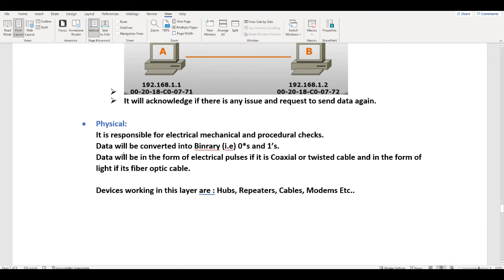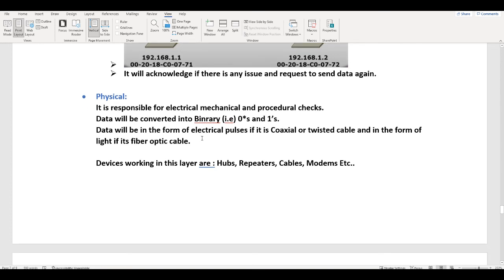The last layer we have is called the physical layer, and it is responsible for electrical, mechanical and procedural checks. Data will be converted into binary, which means 0 and 1. Data will be in the form of electrical pulses. If you are using twisted cable, I mean Cat5 cable or coaxial cable. Currently we are using Cat5 or Cat6 cable, LAN cable.